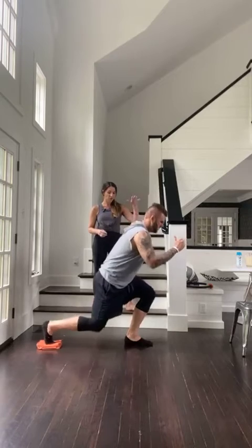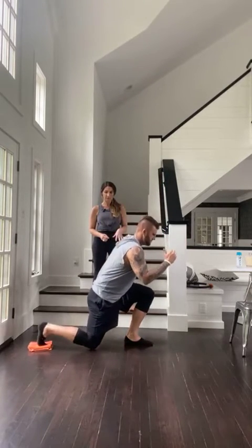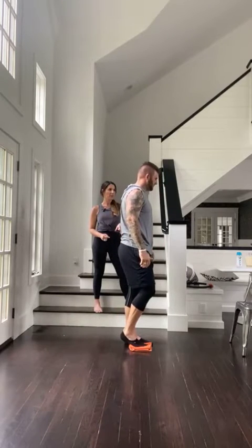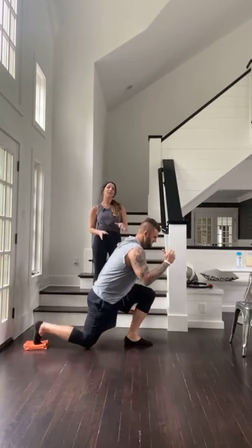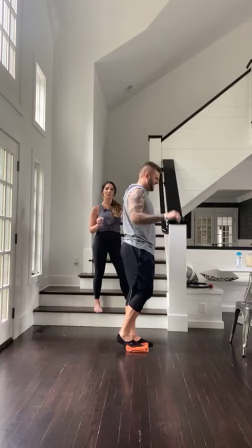So make sure that you're driving the energy down through that right foot, through your standing foot. Good. Is this 4 right here? This is 4. Okay, this is 4, and then we're gonna add a little rotation to it. So you're gonna take that left arm, and you're gonna reach